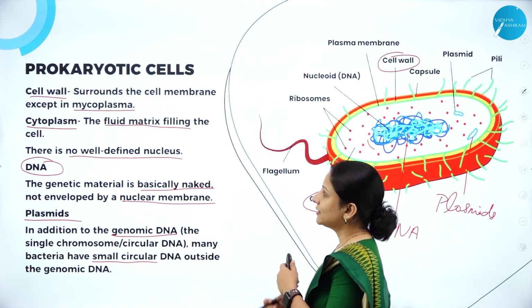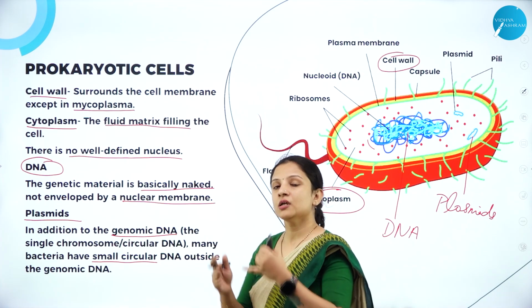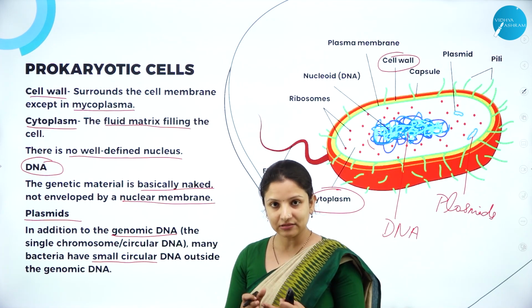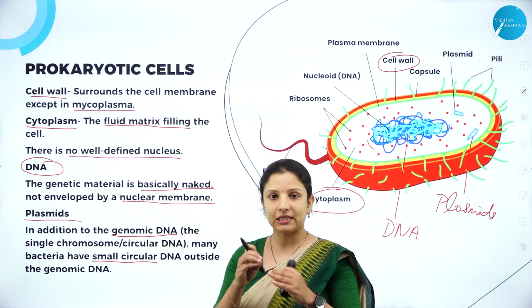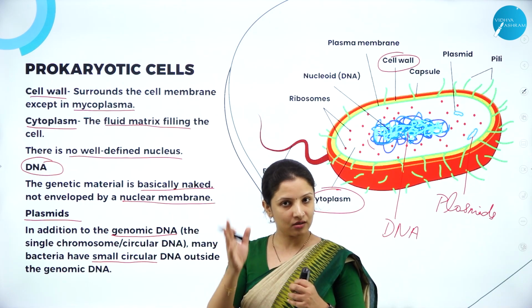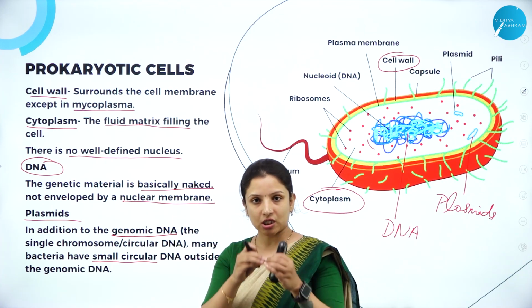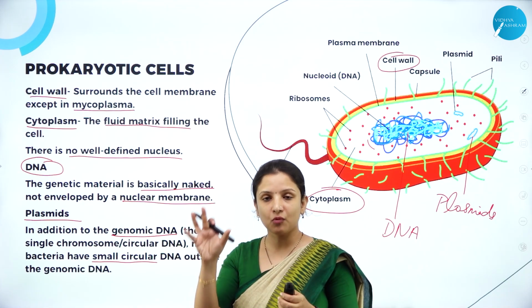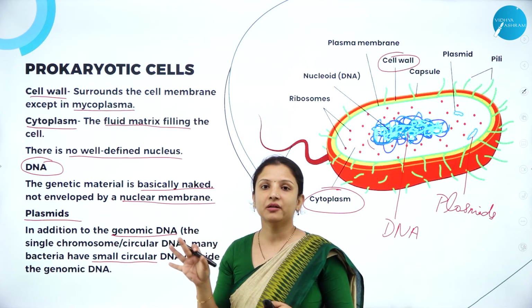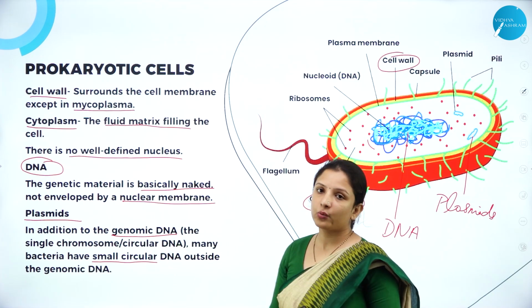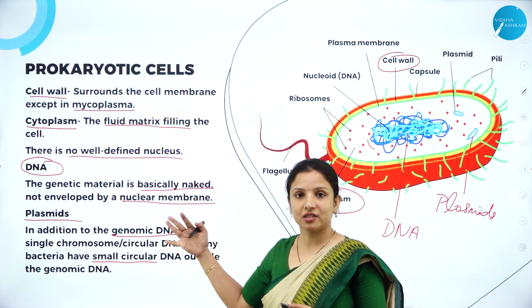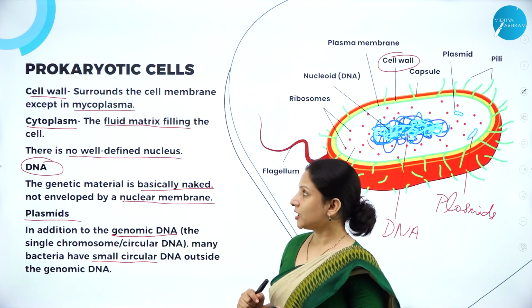So this is about their cell wall, which forms the outermost covering. Inner to the cell wall is present the cytoplasm, which is the fluid matrix. In the cytoplasm, they have their genetic material, that is DNA, which is situated as such without any nuclear membrane covering. And apart from having this genetic material DNA, they also have small circular genetic materials distributed in the cytoplasm, and they are called as the plasmids. And plasmids are very, very important for genetic engineering, because they are used as genetic tools. So for that, they are very, very important.